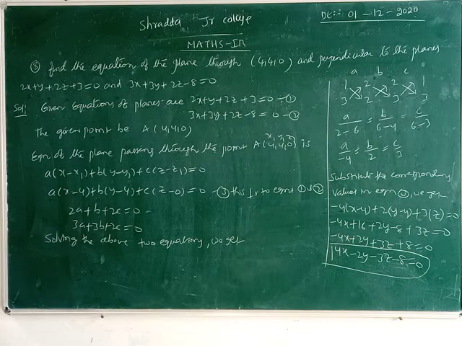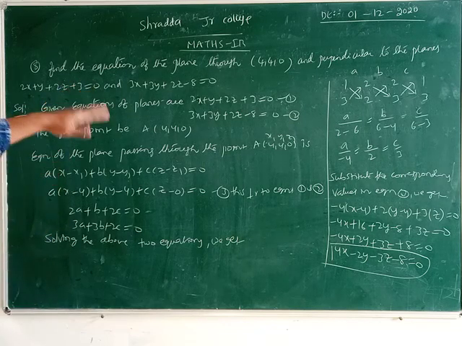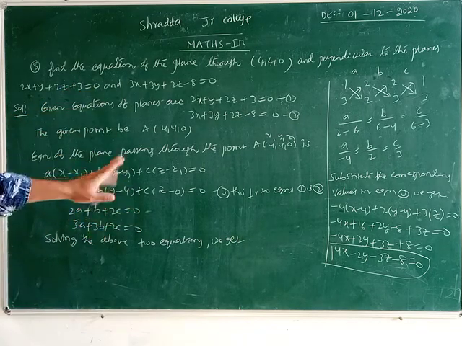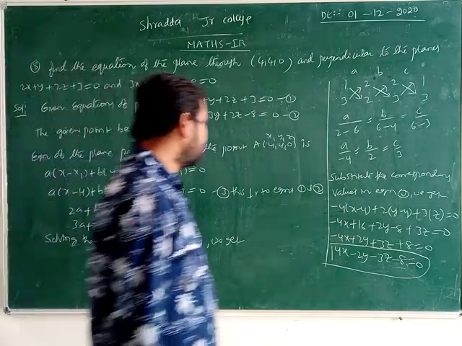That is perpendicular to equations 1 and 2. So then equation 1, that is 2a plus b plus 2c equals 0 and 3a plus 3b plus 2c equals 0. Solving the above two equations, we are getting a, b, c values. And substitute a, b, c values in equation number 3. So now what are we getting here? What is the a value here?